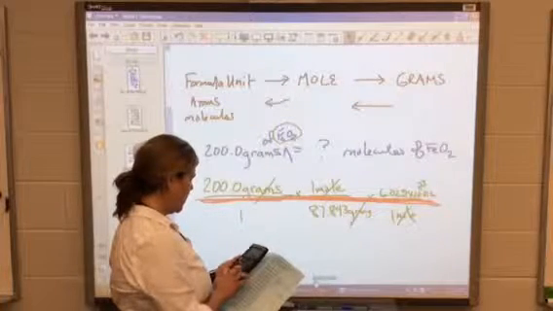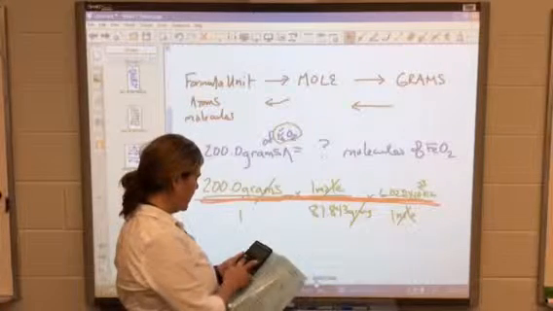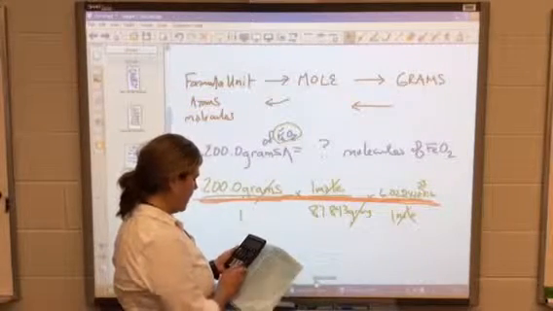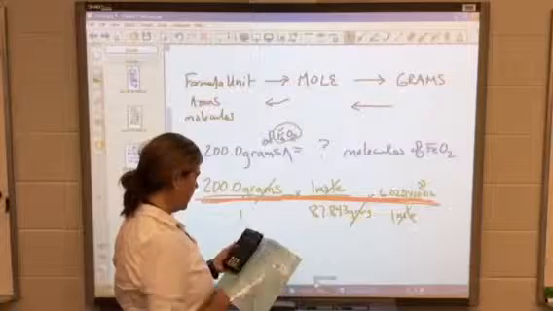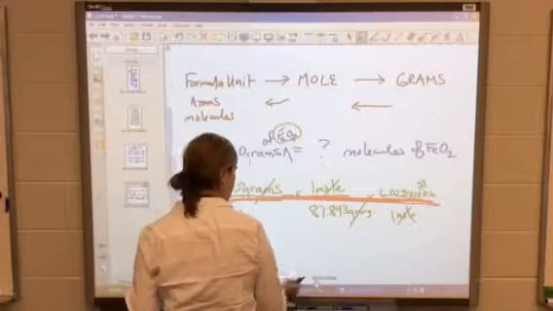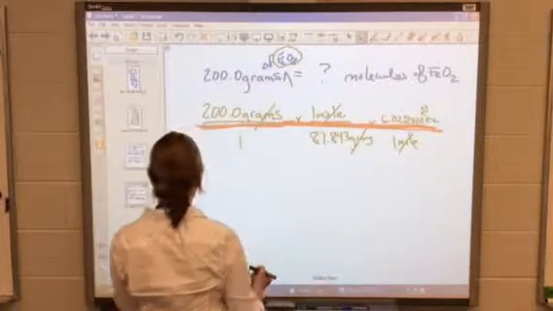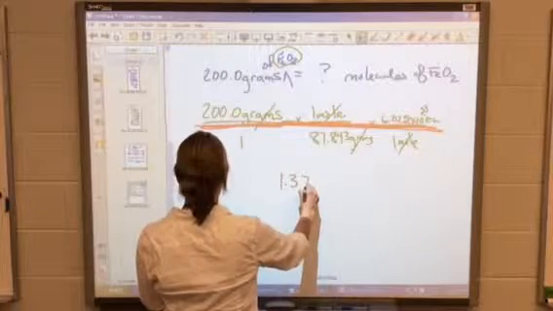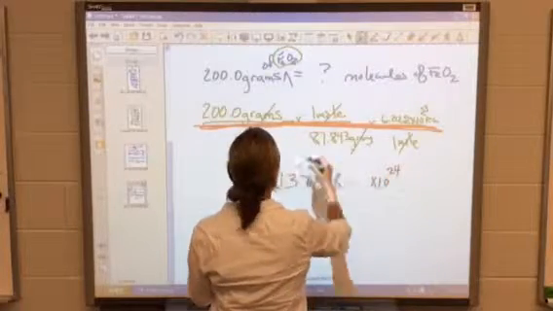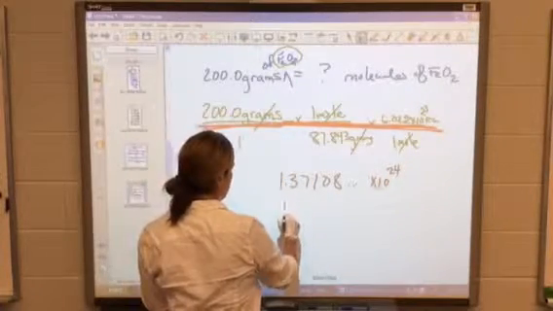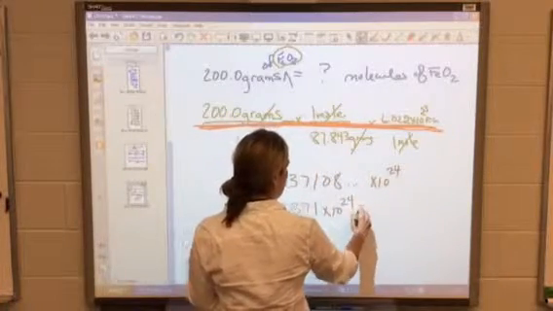Let's see, 200 times 6.022 E23 divided by 87.843. And that's going to give us a pretty big number. We need 4 significant figures, so we're going to put 1.37108 and so on, times 10 to the 24th. We're going to make it abide by the sig fig rule, so it's going to be 1.371 times 10 to the 24th formula units